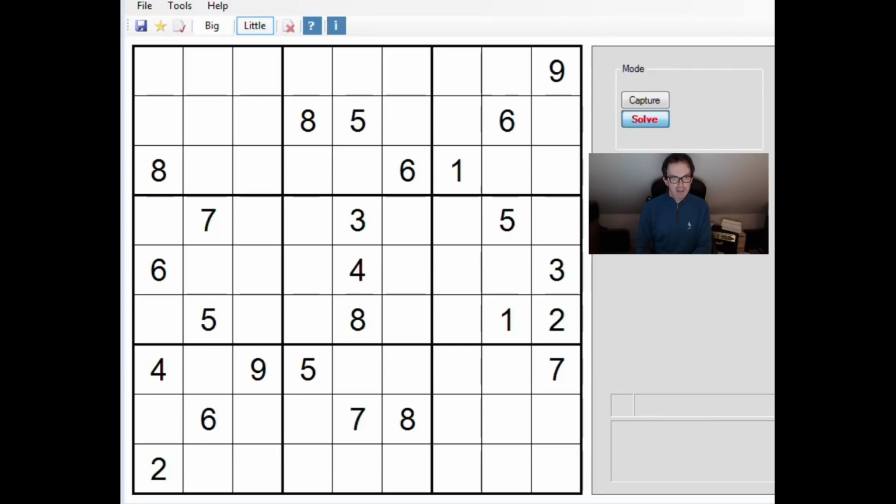Hello, welcome back to Cracking the Cryptic, where today we've been asked to have a look at this Diabolical Sudoku from the Daily Telegraph. I think this was the one published on Friday, so that's yesterday. I'm losing track of days with New Year. Now apparently this might be quite difficult to solve logically, so hopefully we'll be able to make our way through